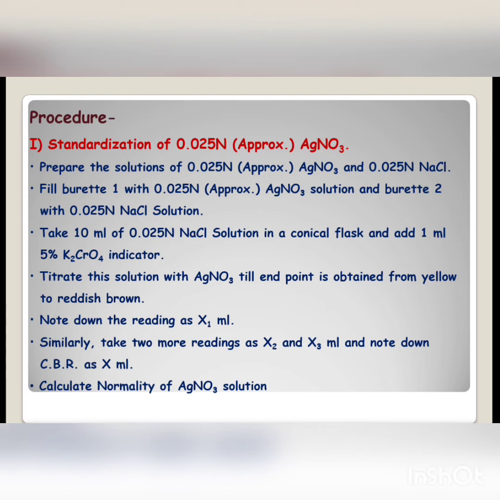1 normal, 1000 ml silver nitrate corresponds to 169.87 gram. For silver nitrate, the equivalent weight and molecular weight are both the same, so we are going to use 169.87 only, which is the molecular weight of silver nitrate. This is for 1 normal, so we will calculate it for 0.025 normal, and here I am going to prepare 100 ml solution. So for 0.025 normal 100 ml solution, how many grams of silver nitrate will be required, that we will calculate